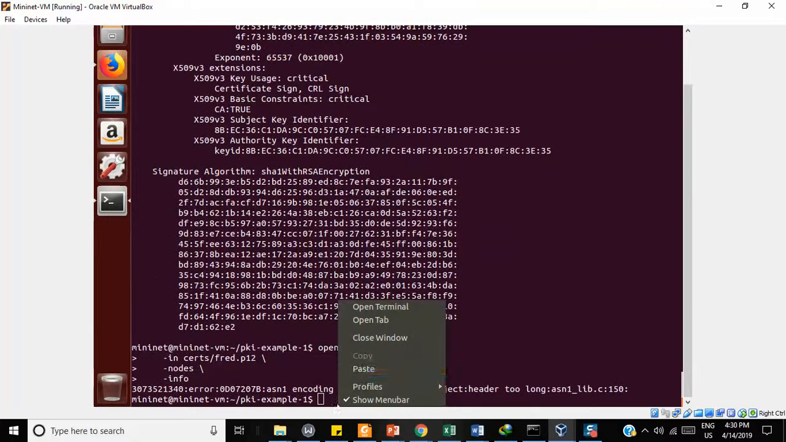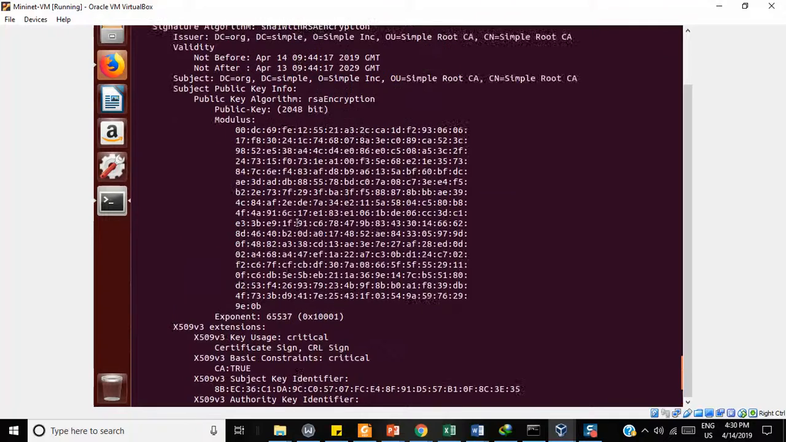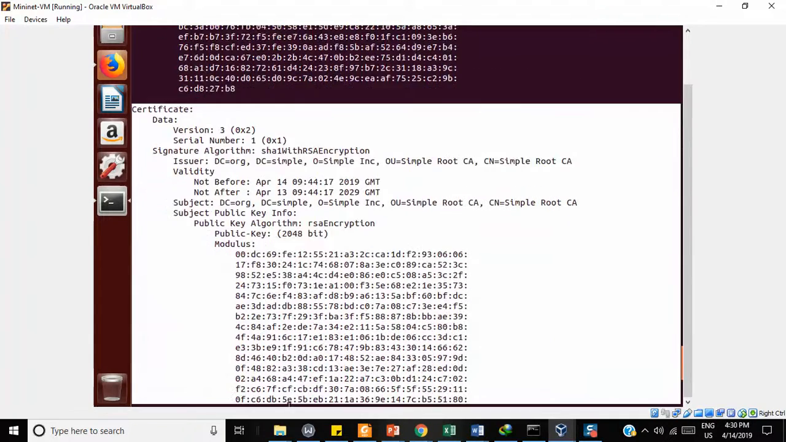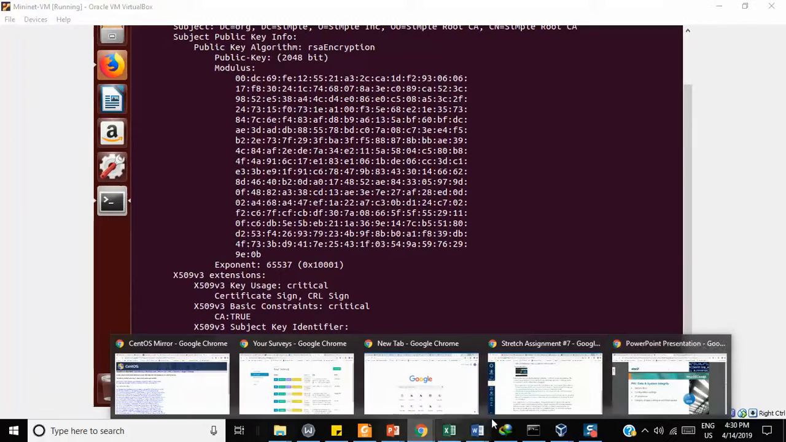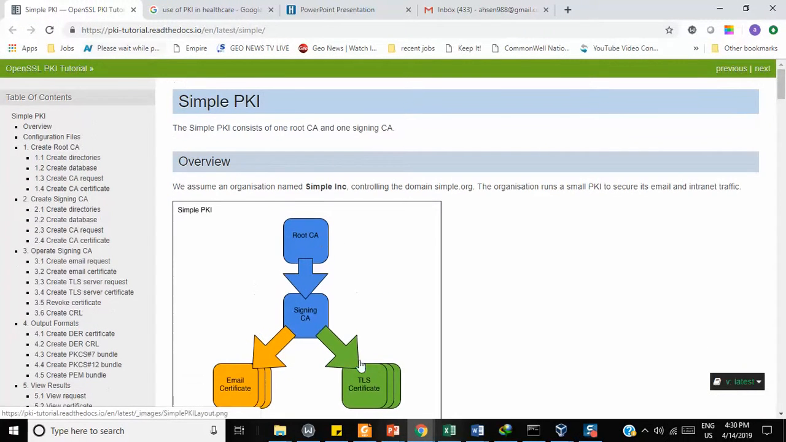So yeah, this again shows us that this is the bundled certificate. This is the output for that. So using that simple tutorial, and following it, I was able to just stand up a